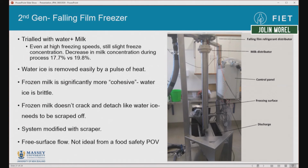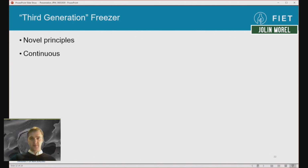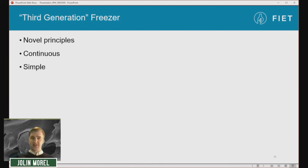And another issue with these falling film freezers is that we have a basically free surface of milk which is exposed to air. And this is not great from a food safety point of view, and was something that we wanted to remedy with our final 3rd generation freezer. So this one here uses some novel principles of the freezing process that we found during our research. It's continuous. It's a very simple process. It's very food safe